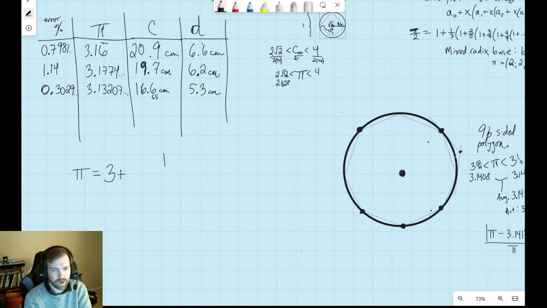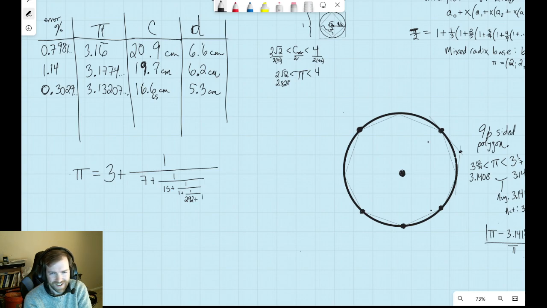This is 3 plus 1 over 7 plus 1 over 15 plus 1 over 1 plus 1 over, so doing continued fractions like this, 292